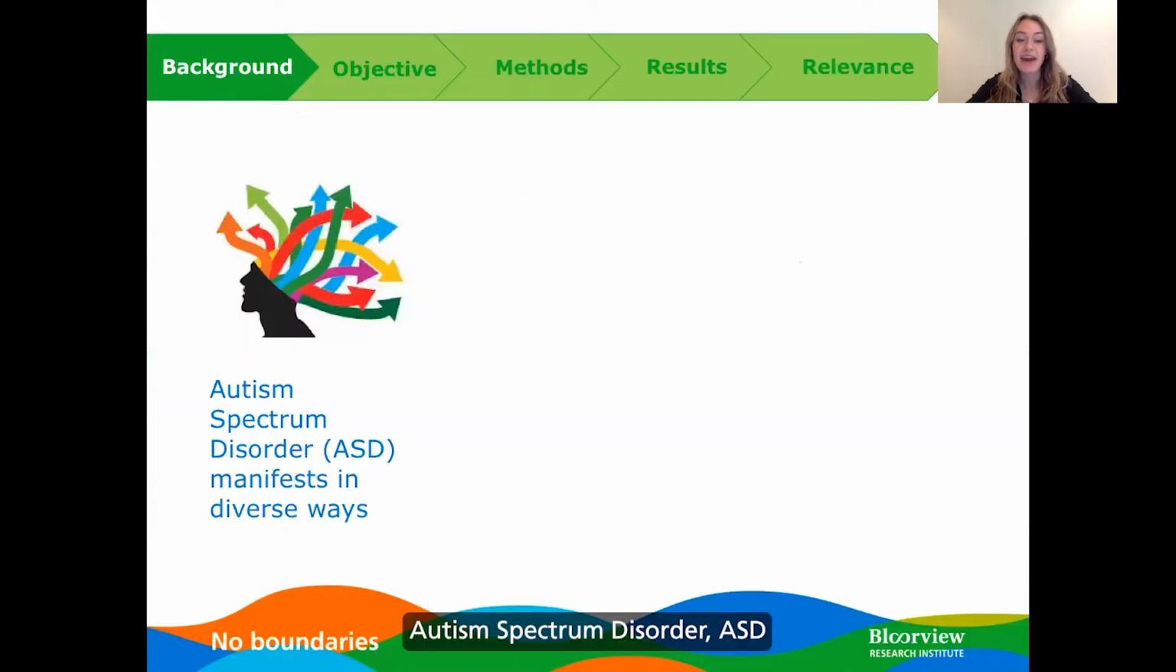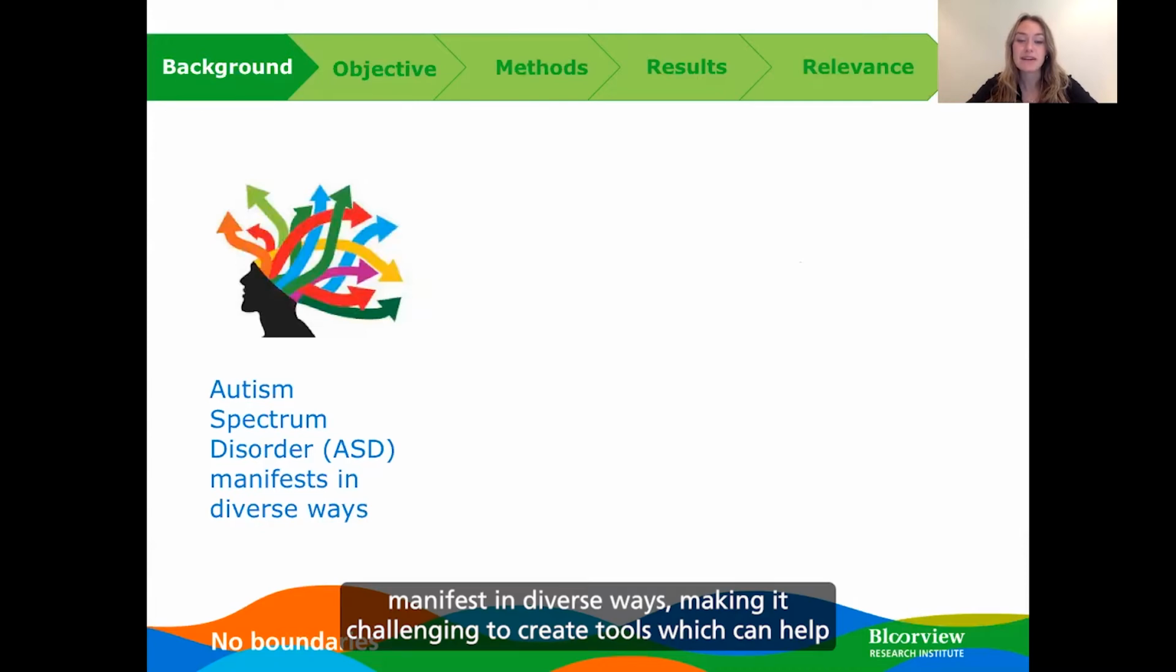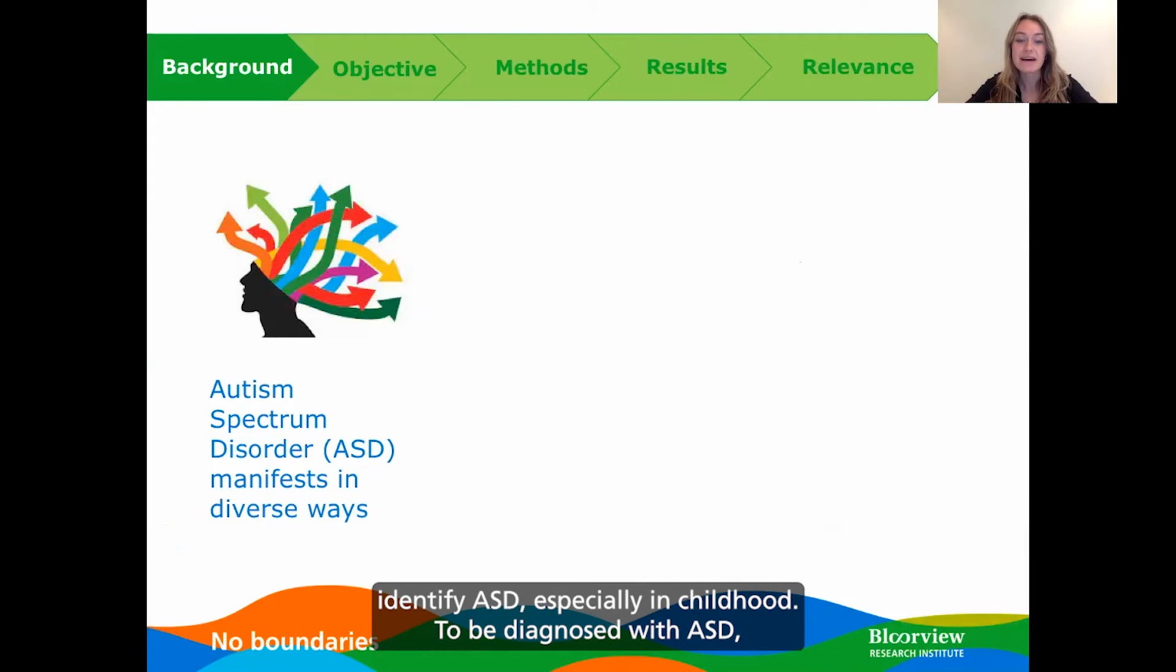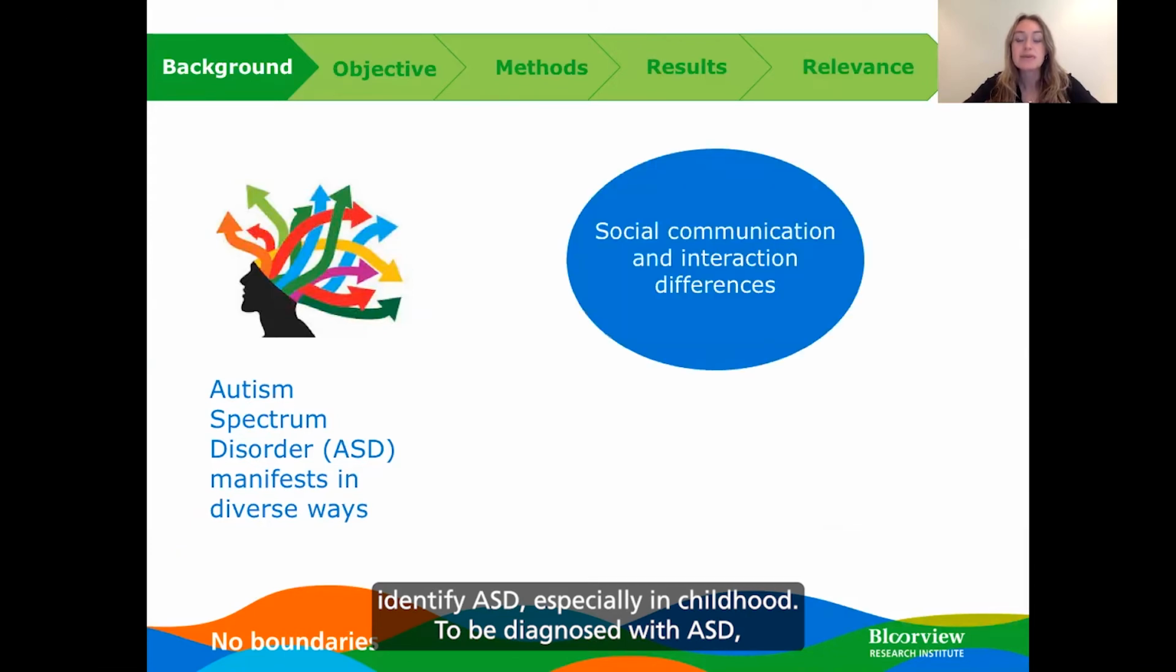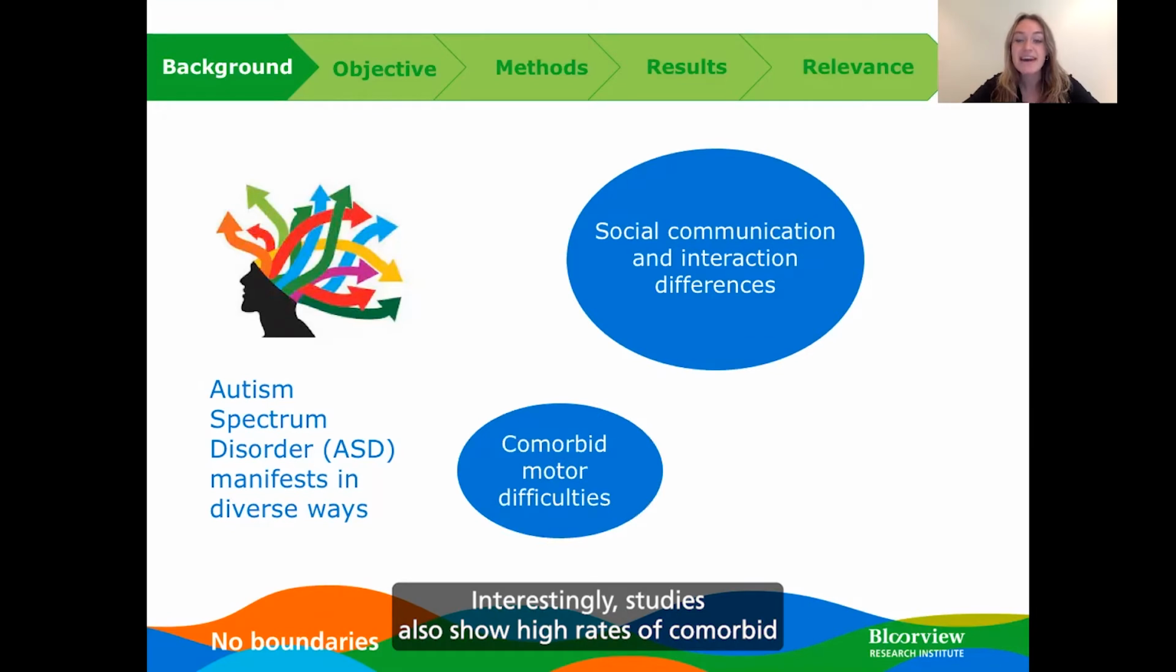Autism spectrum disorder, ASD, manifests in diverse ways, making it challenging to create tools which can help identify ASD, especially in childhood. To be diagnosed with ASD, children must meet criteria set out by the DSM-5, which includes social communication and interaction differences. Interestingly, studies also show high rates of comorbid motor difficulties in children with autism, such as in